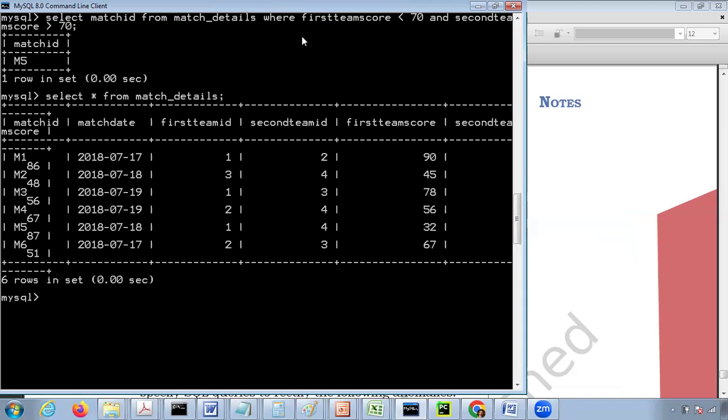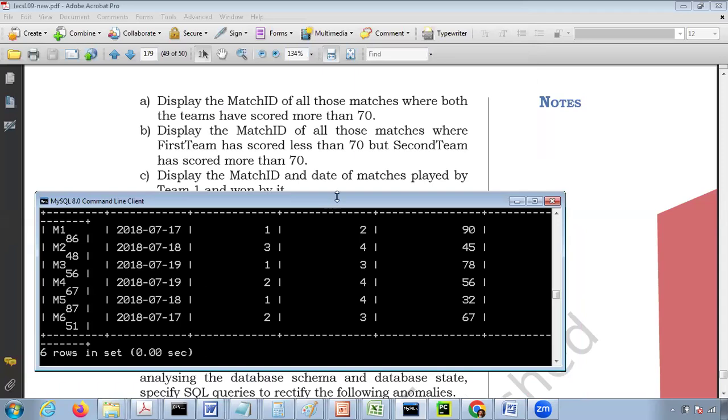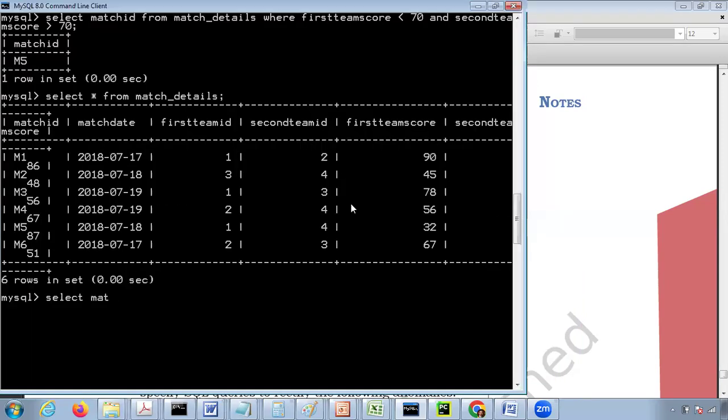Okay, so it could be the other way also, but second team ID is not team 1 anyway, but you could check it. So select match ID from match details, where first team ID is 1